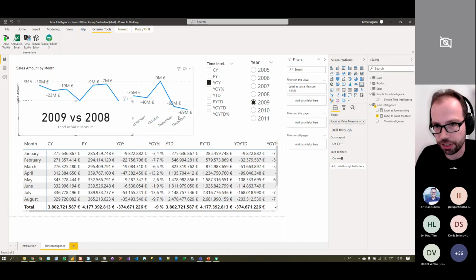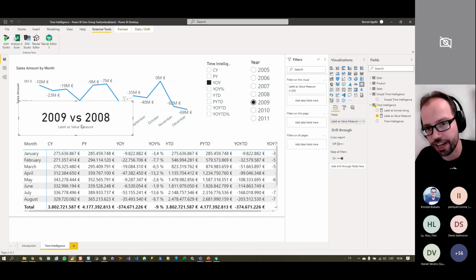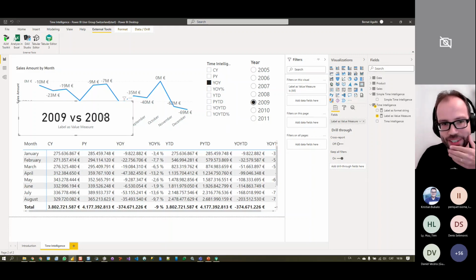One use case I didn't show today is that you can also hide some of the data labels, leave just the last one if you want, and then use the dynamic label, because this you cannot do even with the update that we just saw, because this is a measure. So if you use the new feature, you'll get a year over year, y over y. But if you want to do that, you'll have to go the other way. Anyway,